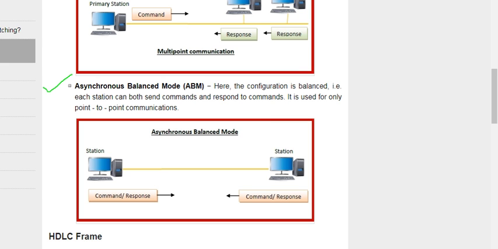Second mode is asynchronous balanced mode, which is ABM. Here the configuration is balanced, so each station can both send commands and respond to commands. So it is used for only point to point communication. Asynchronous balanced mode generally यूज होता है point to point communication में. In that each station can both send a command and respond to the command, meaning it is two-way communication. तो यहाँ पे एक एग्जांपल लिया है, there is a station A that is a primary station and